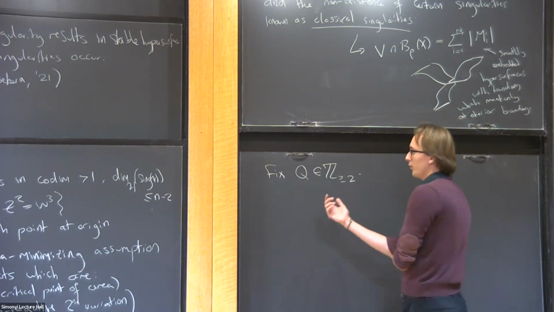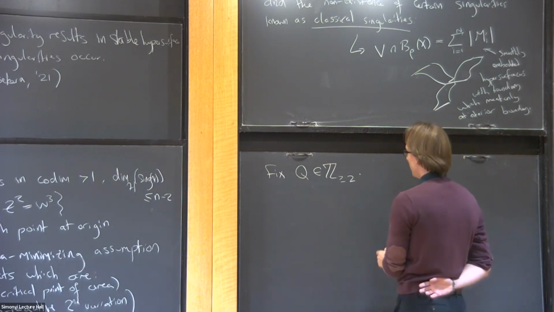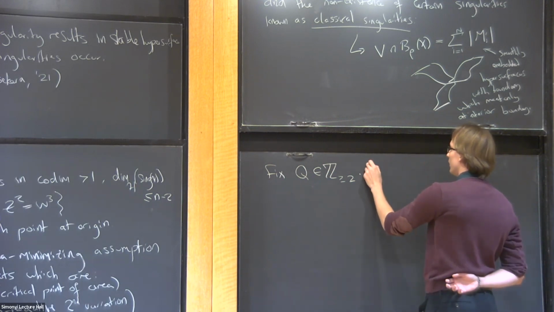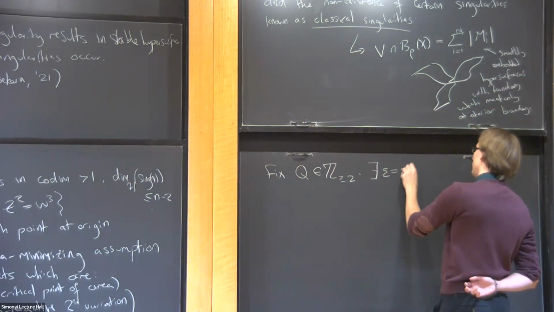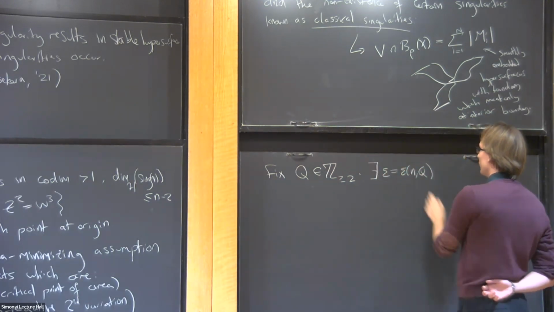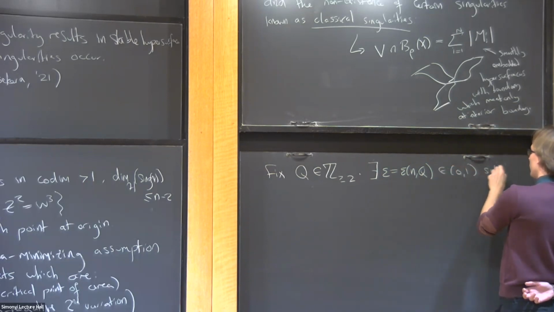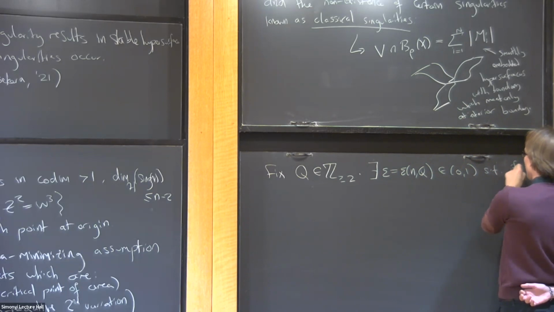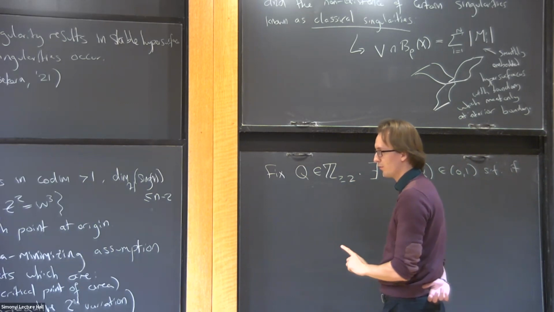It's a multiplicity, if you will. So you fix an integer Q, and the result says that there exists an epsilon, which only depends on the dimension and Q, such that if you have any one of these varifolds,